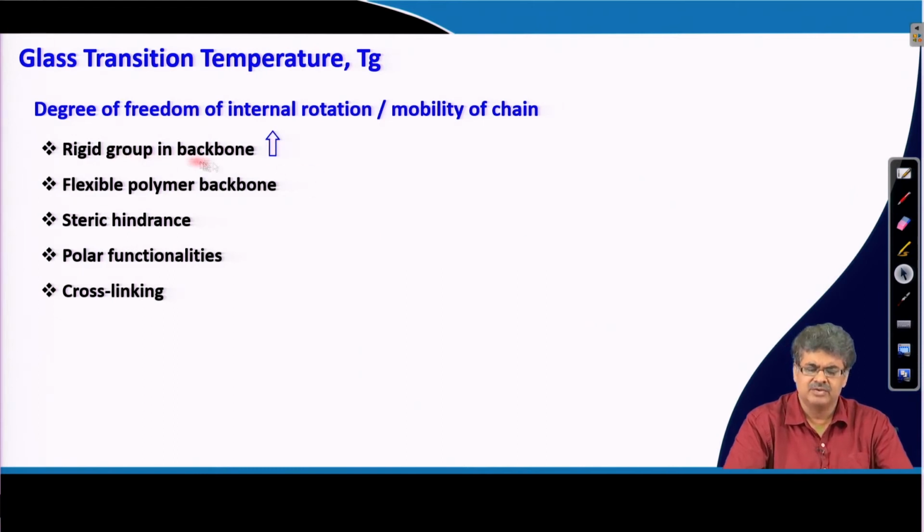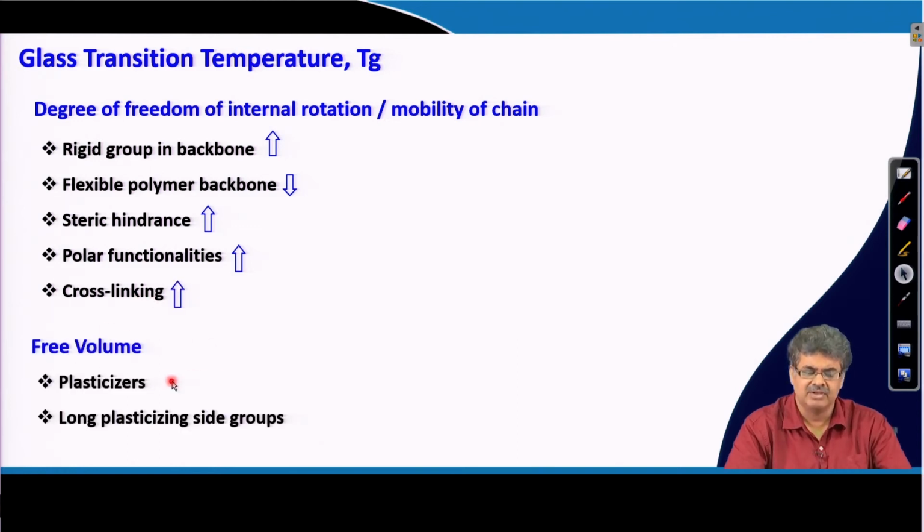So, if you increase the rigid groups in the backbone, then Tg goes up. If you increase the flexibility, then Tg goes down. If you increase the steric hindrance, Tg goes up. If you increase the polar functionalities, then Tg goes up. If you increase the cross linking, obviously the mobility will come down, Tg will go up. Similarly, in terms of free volume, if we add plasticizer which will increase the free volume, Tg will go down, and if we have long plasticizing side groups, then also Tg will come down. We will give some comparative examples to show these